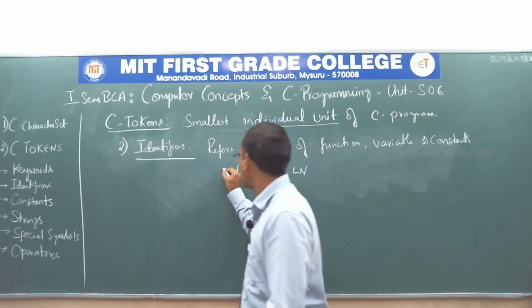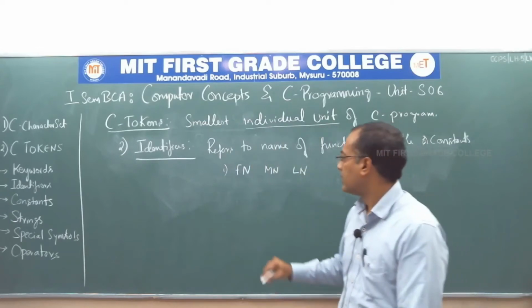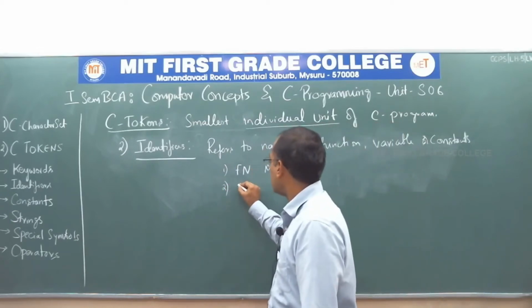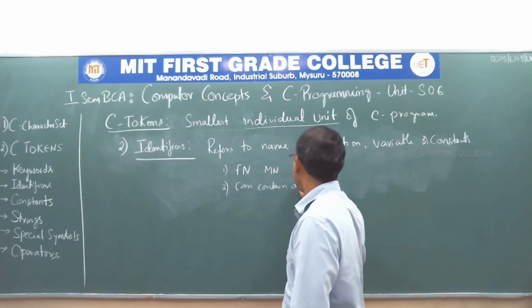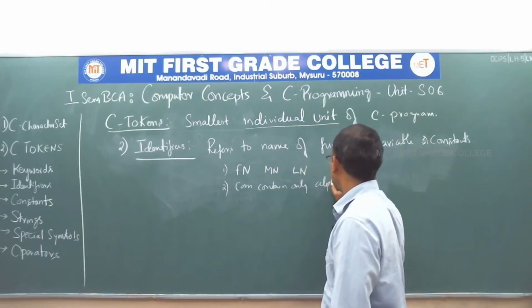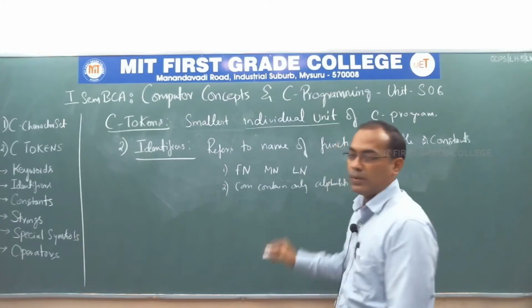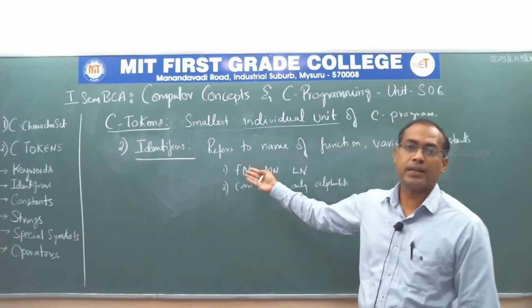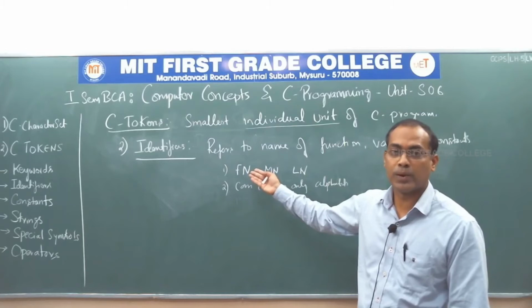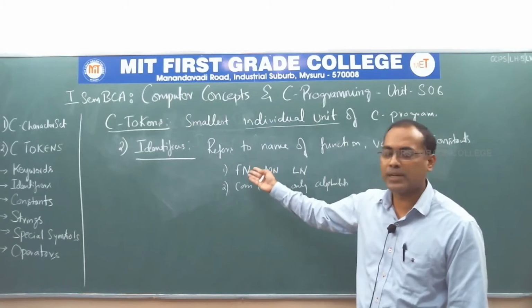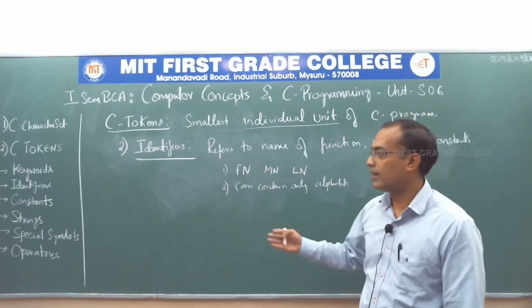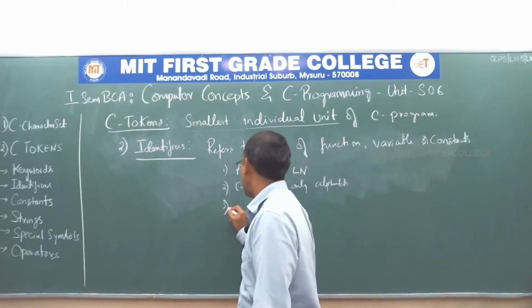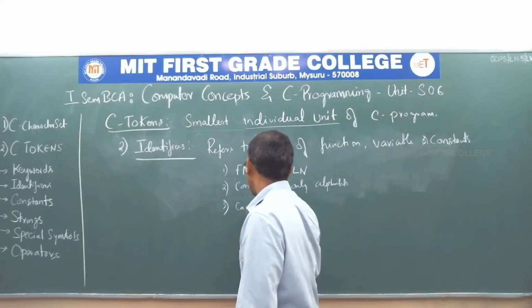So this is the first rule or a format. Then the name can contain only alphabets, which means you can use alphabets in your name, but you cannot use numbers in this. So name of a person or a human cannot have numbers. Likewise, it cannot have